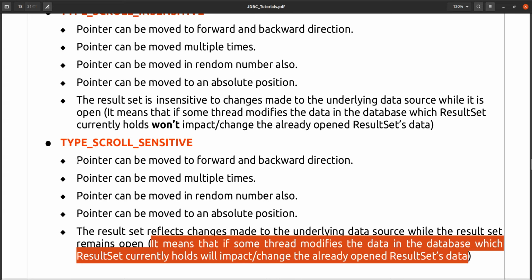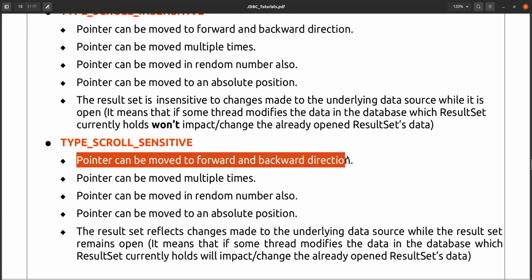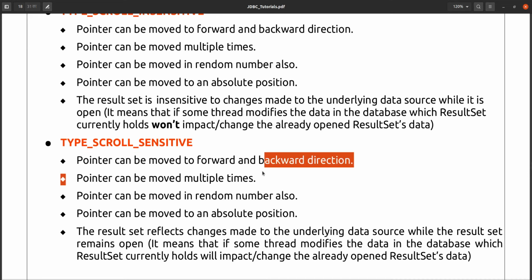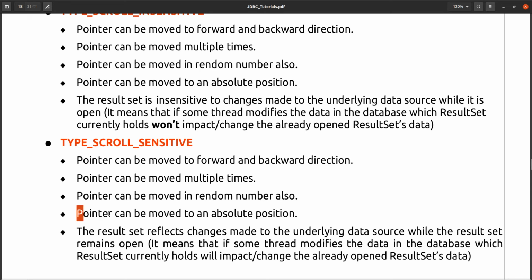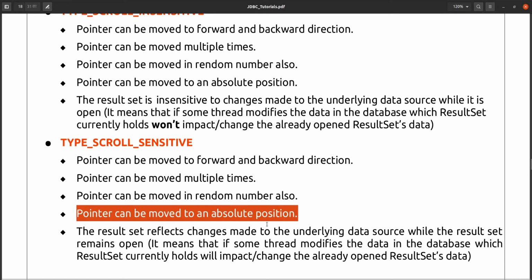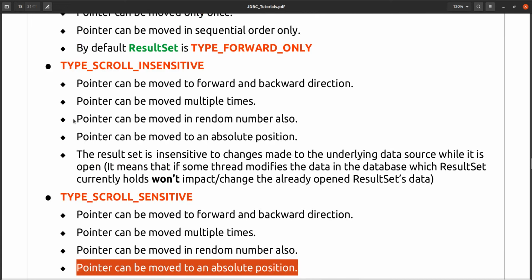Type scroll sensitive can also be moved in backward or forward direction, and it can be moved multiple times. The pointer can be moved to a random number also, and to an absolute position also. All the points are the same for type scroll insensitive and type scroll sensitive, except the last one.